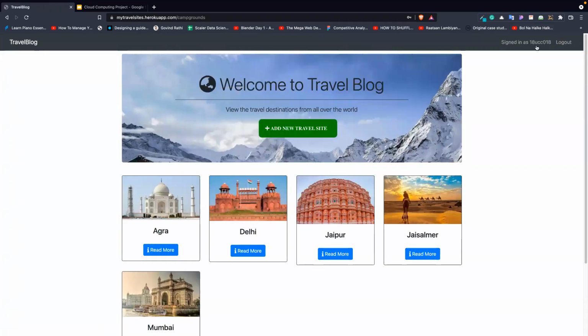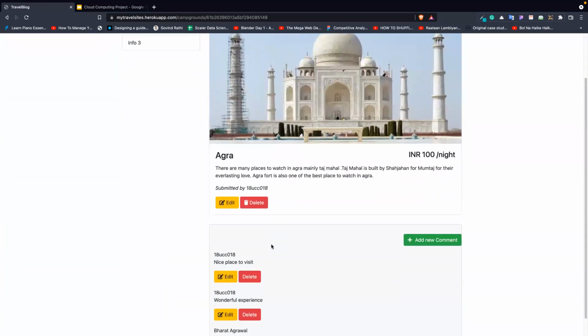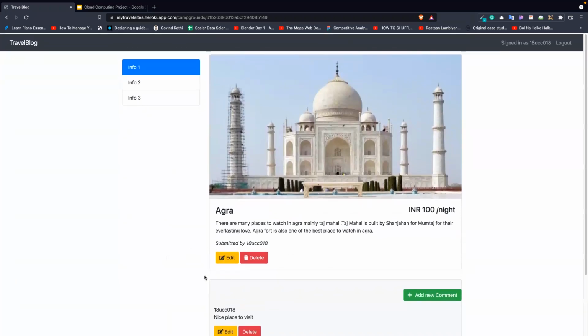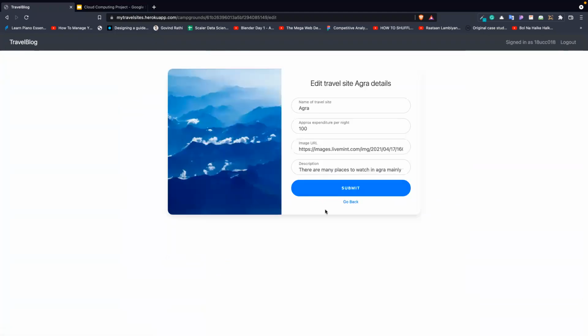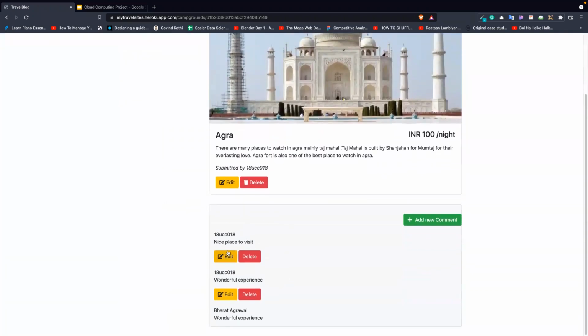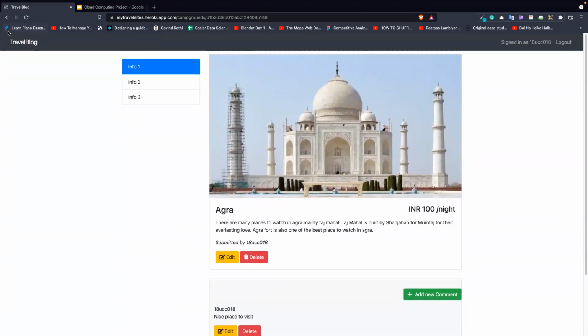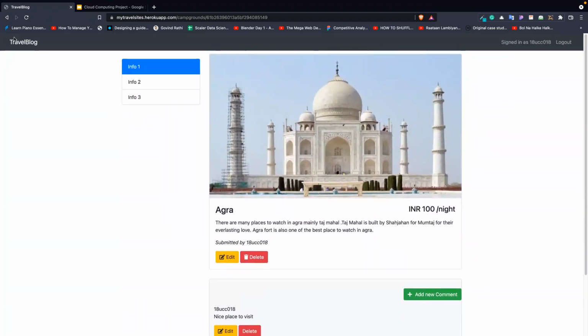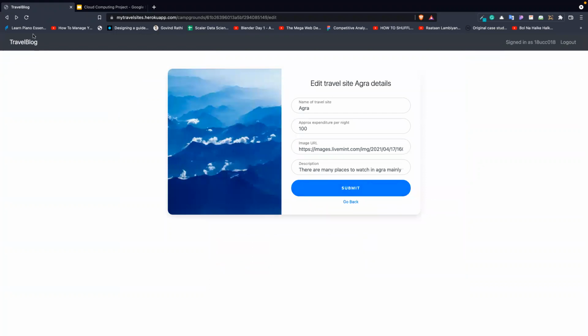now I'm signed in as this account, and if I click on read more, see, I've created this page. This page is submitted by me only, so this user has the access to edit information about this page. You can edit the information about this page, or you can also delete this page. The user has made these comments, and he has not made this comment, so the user is able to edit and delete these comments, but not the comments that are made by another user. So this imposes user account level permissions, and